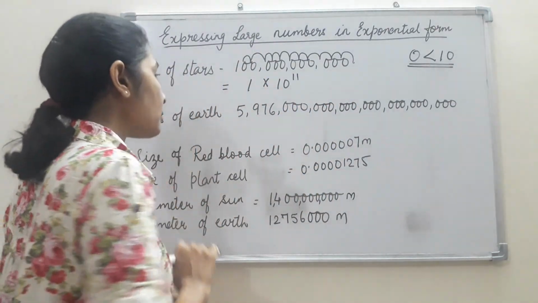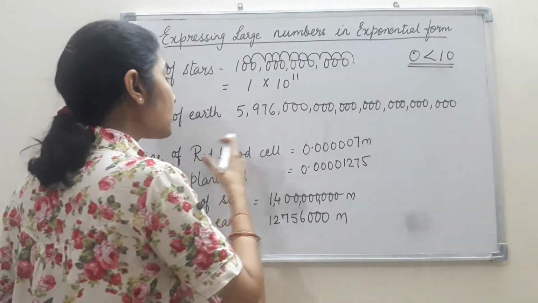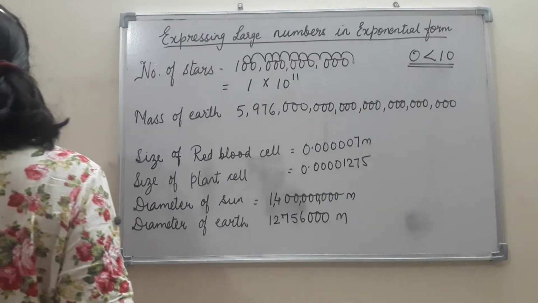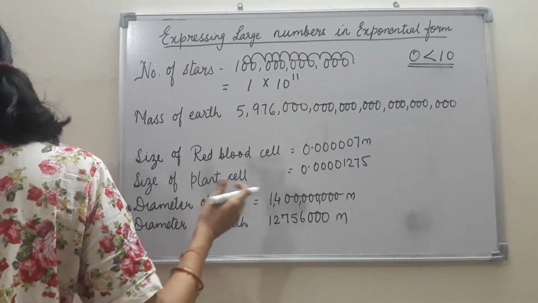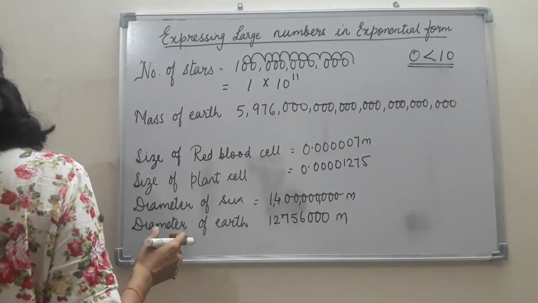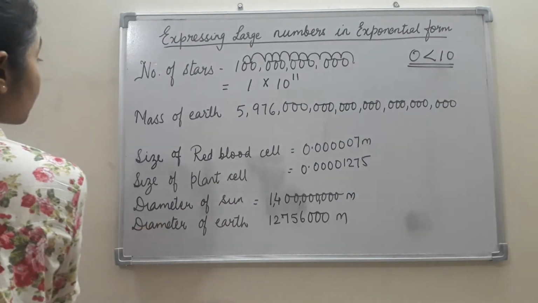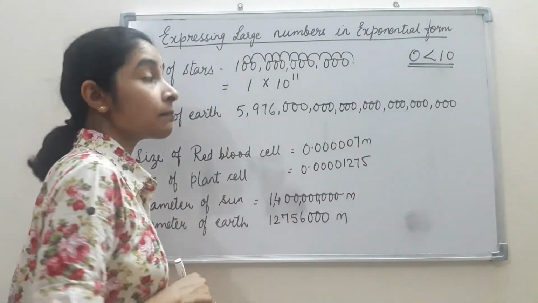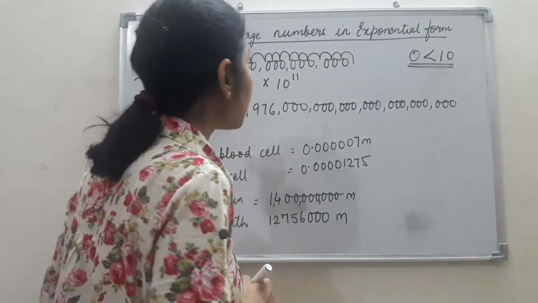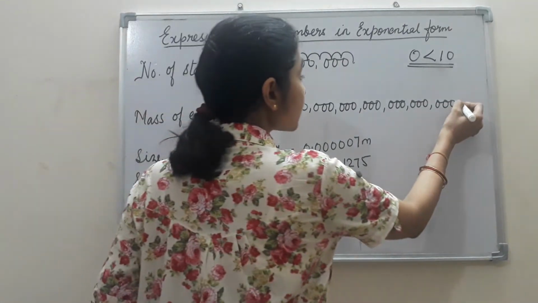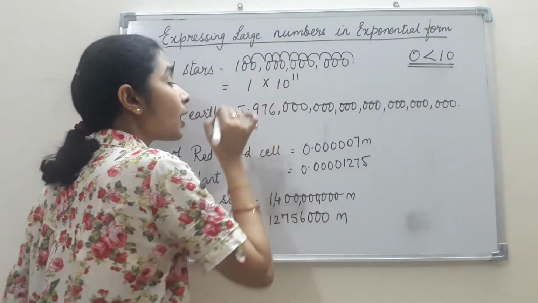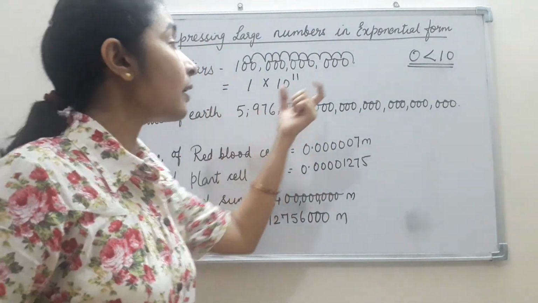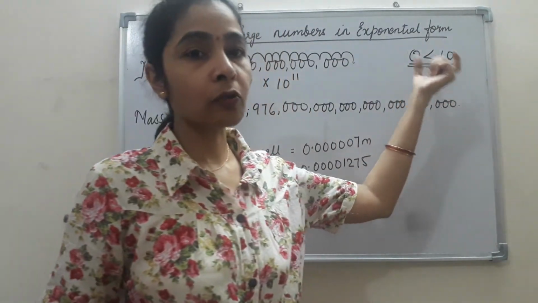Similarly, if we are asked the mass of the earth, this big number expresses the mass of the earth. Now the mass of the earth is expressed here, but can anyone read it quickly? If I ask anyone to read it quickly, it is not possible for a person to read it quickly. So what will I do? I will express it in the simplest form. Now how will I express it in the simplest form? Again the same thing, the decimal is here. I'll shift it after 5. Now the number will be changed into a decimal number which is greater than 0 and less than 10.